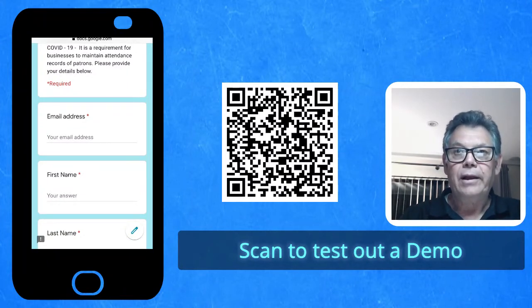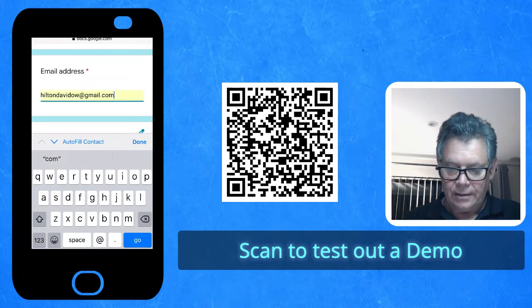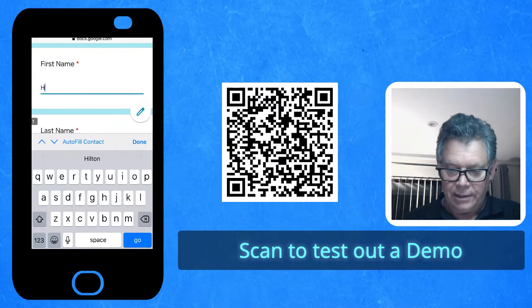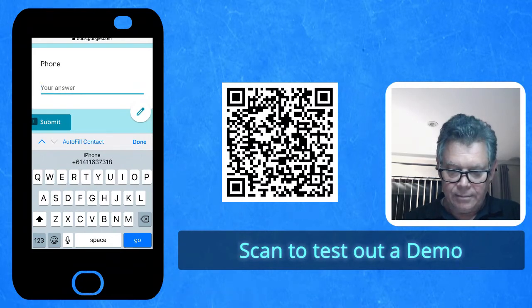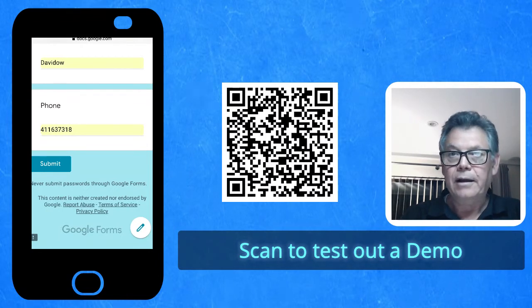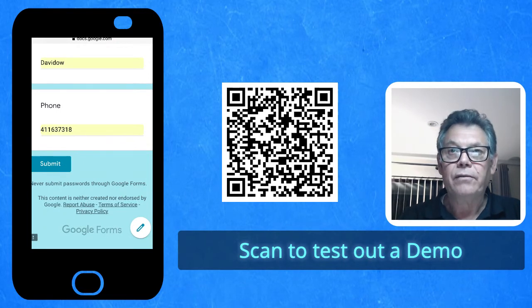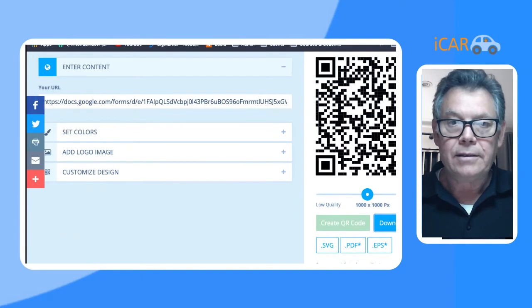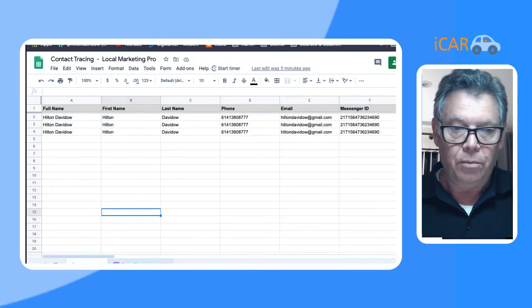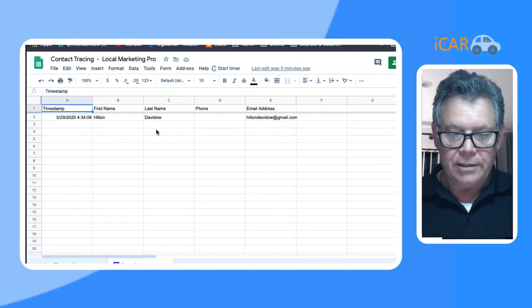So let's just have a look at this. I am going to enter in my email address, and it's easily populated, and my phone. So now what I'm going to do is I'm about to click submit. Let me just go into my next screen over here, and this time I'm going to go back to the Google Sheet, but I've got the form responses over here. So you can see there's one line of data there, and I'm just going to change this information